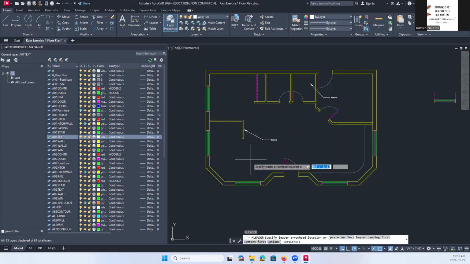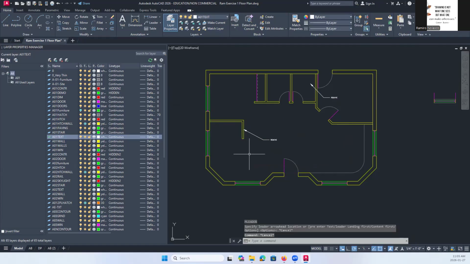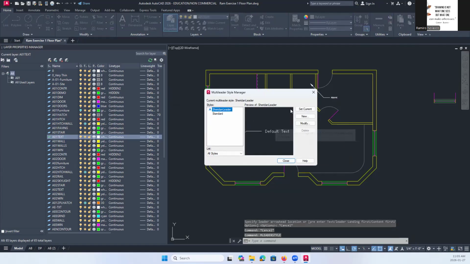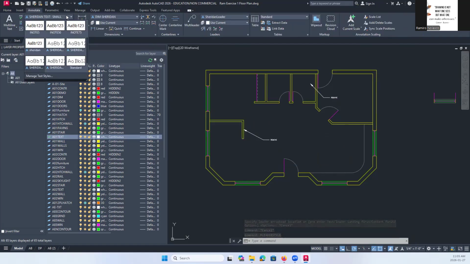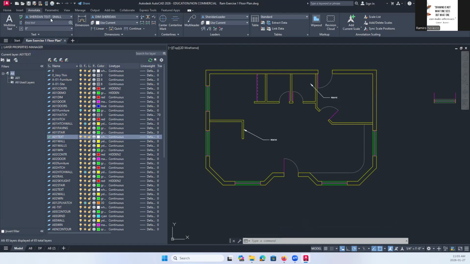So you cannot change the style, but if you go to annotate, then you have the option here, right? So that's the text style, but that is different from the leader style.